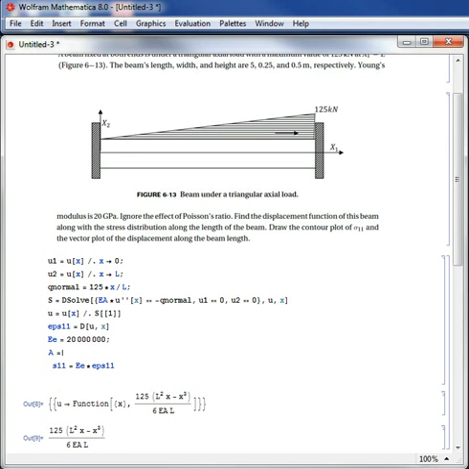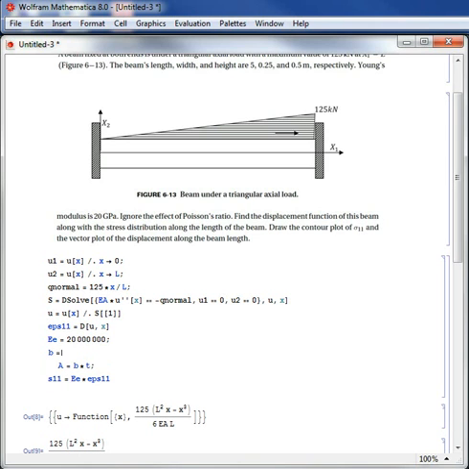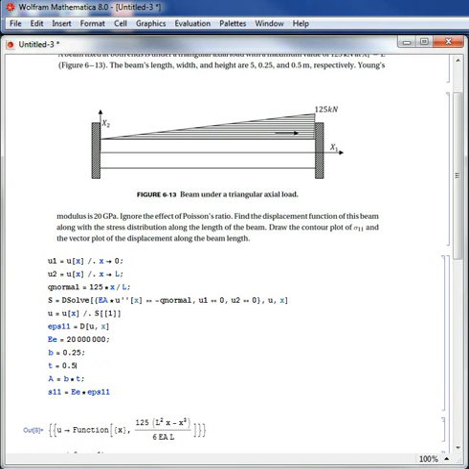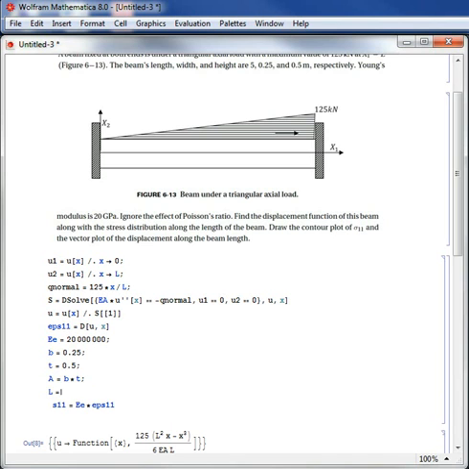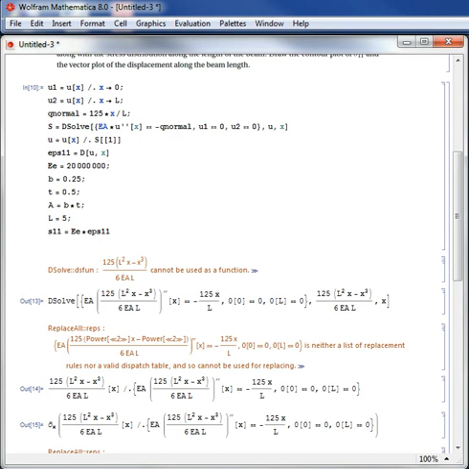The area is equal to b multiplied by t. B is equal to 0.25, t is equal to 0.5, sigma 1, 1 is equal to E multiplied by epsilon 1, 1, and the length is equal to 5 meters. Shift enter,